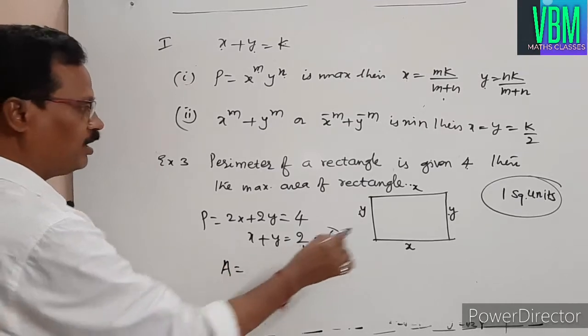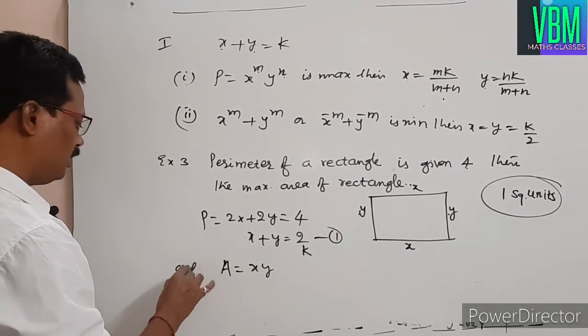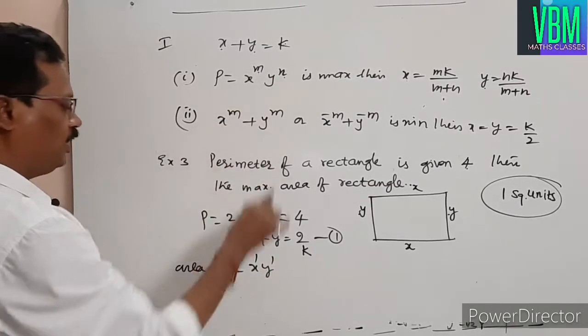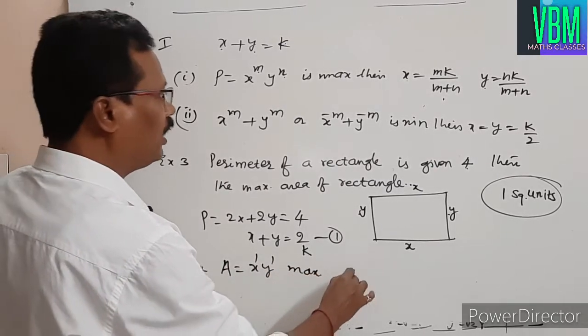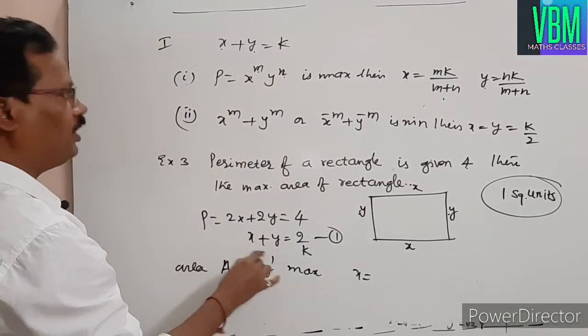Area formula: length into breadth, x into y. This is the area. Now m is 1 and n is also 1. Therefore, this is the maximum. So x will be, with m as 1 and n as 1,